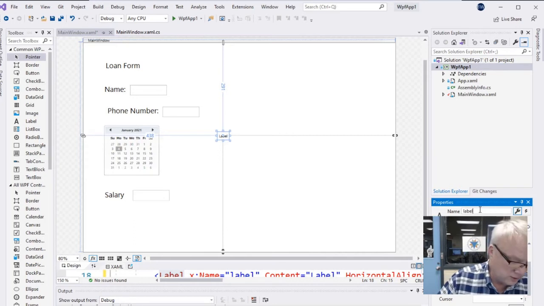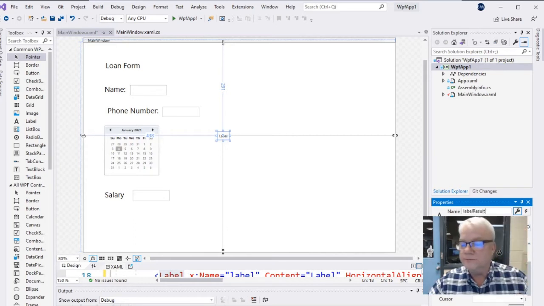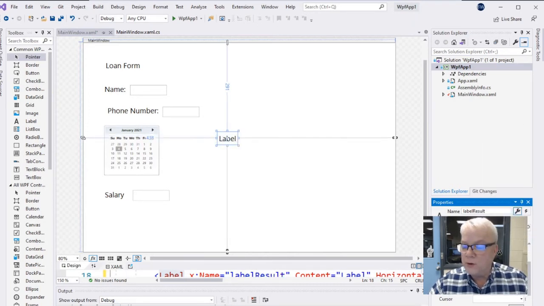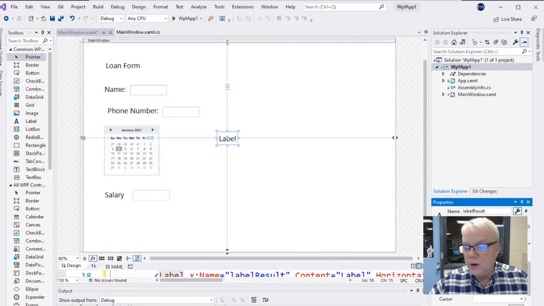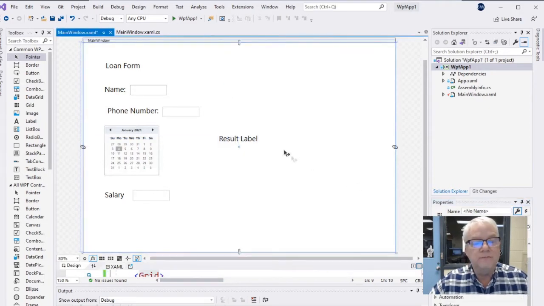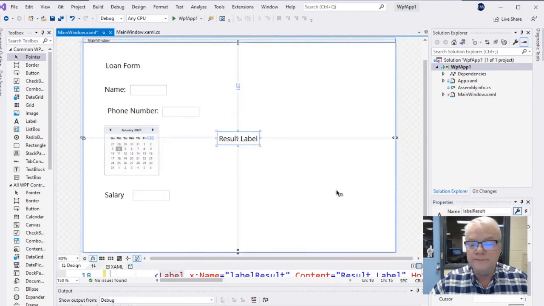Label result. And I'm going to change it to 24 also, and come down here where it says label, and I'm going to put result. Okay, and that way we'll know what this is. All right, it says result label. Okay,